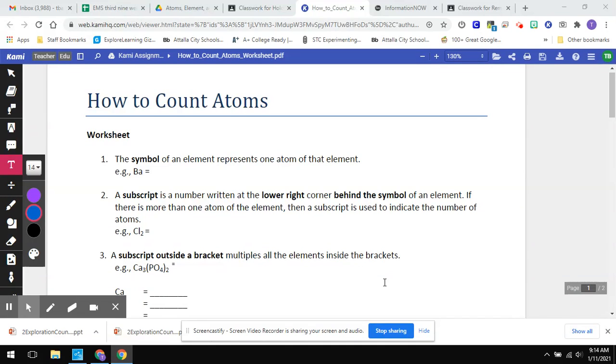I wanted to do a short video with you about counting atoms. I did post a video in your classroom about counting atoms that is from YouTube, but I was going to do one based off of this sheet right here that I will be posting in your classroom as an assignment as well. This is going to be taking us back to the periodic table, which is something we weren't completely